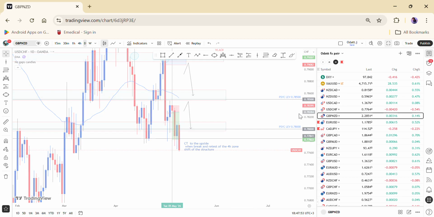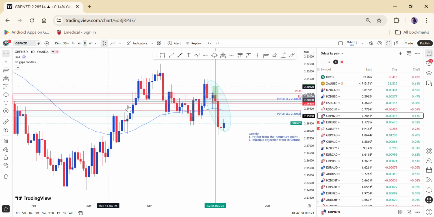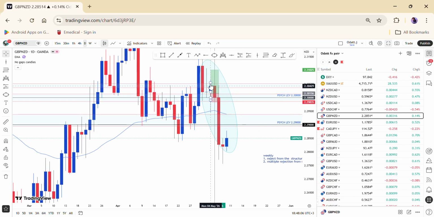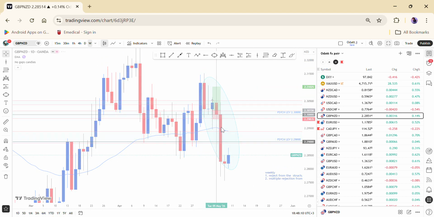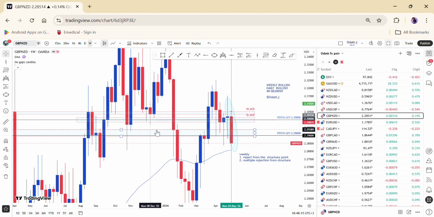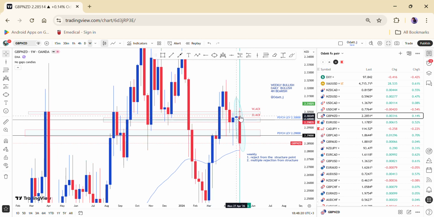Okay, another was GBP-NZD. GBP-NZD, this trade was a loss. Daily break retest of this structure point. I was anticipating the daily time frame to actually fill this week to the upside. So as you can see, weekly time frame actually was still bullish, and we're retesting around this area. We have doji rejection. So I was anticipating this week the price to continue to create a